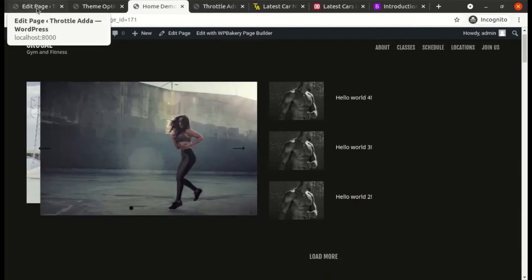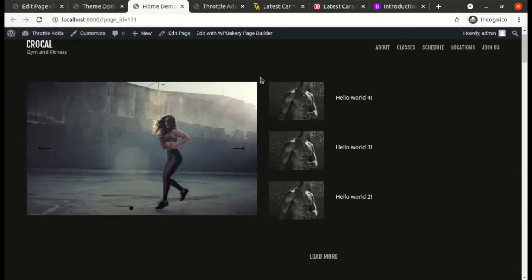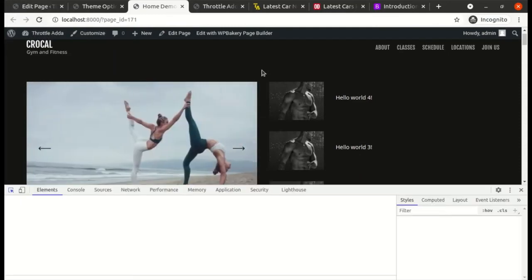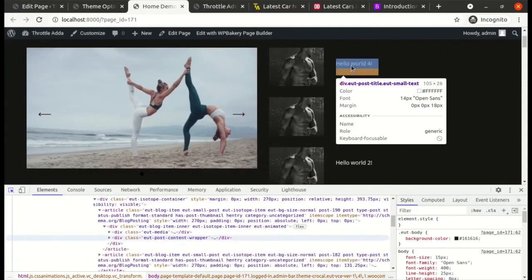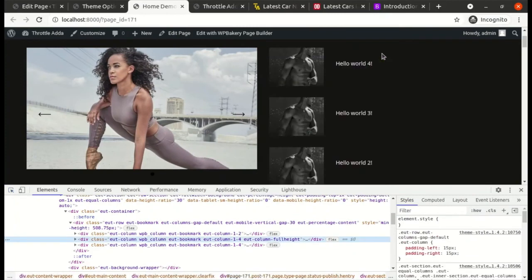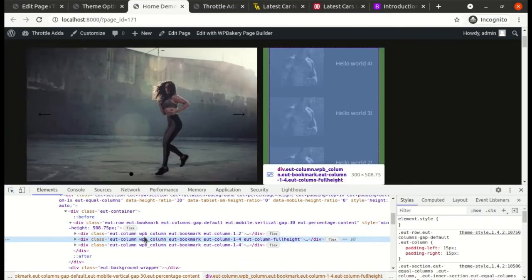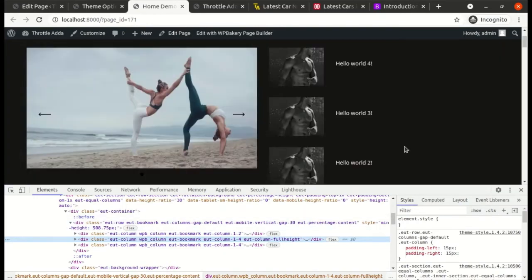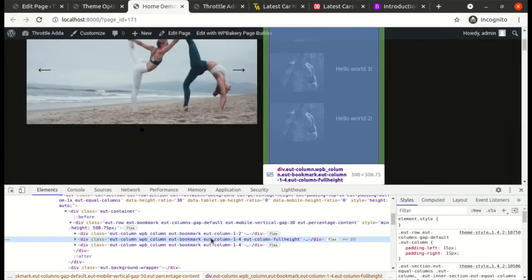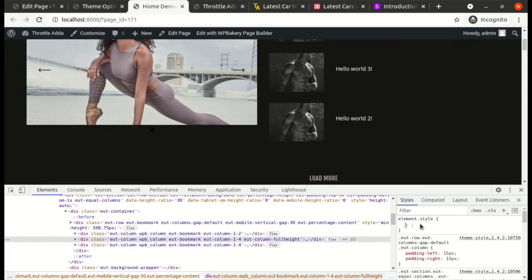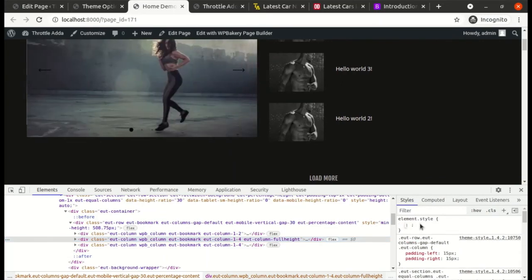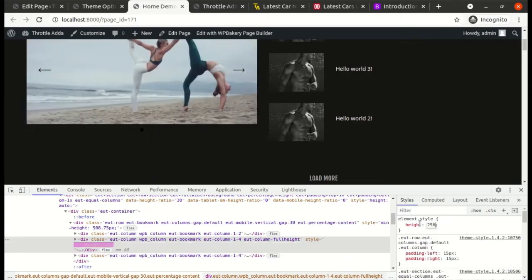Okay, so now we will go ahead and write some custom CSS. Before that, I am doing an inspect element to figure out how much height should be assigned to this container, to this column, so that it gets aligned with the left hand side slider. So I will assign the height as 250 pixel.